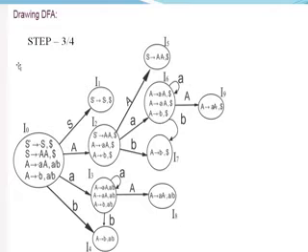Next, the third step is to take the grammar you have processed as input. Here you have to draw the DFA diagram of your input grammar, meaning the deterministic finite automata graph for your given grammar. So this is my input: S' → S, S → AA, A → aA, A → b.